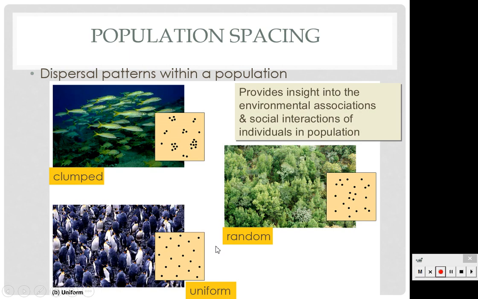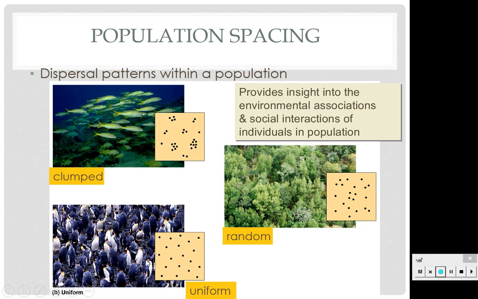Alright, dispersion patterns. This provides insight into environmental associations and social interactions in a population. Within a population's geographic range, local densities may vary substantially. Variations in local densities are among the most important characteristics that a population ecologist might study, since they provide insight into the environmental associations and social interactions of individuals in the environment. Environmental differences, even at a local level, contribute to variation in population density. Some habitat patches are simply more sustainable for a species than others. Social interactions between members of the population, which may maintain patterns of spacing between individuals, can also contribute to variation